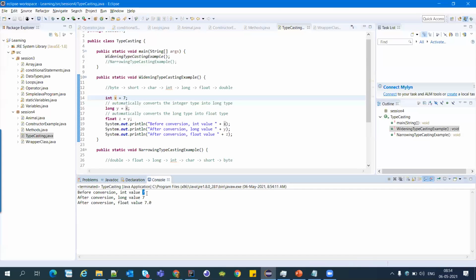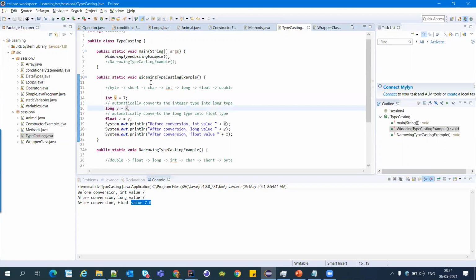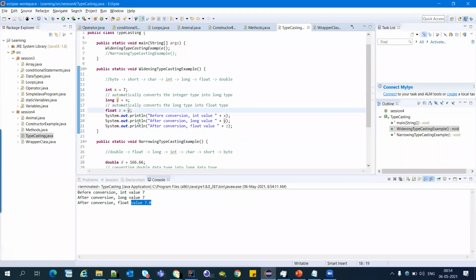So this is the integer value, this is the long value, this is the integer value converted into long, and this is the long value converted into float. When we are promoting, a smaller byte data type to a bigger byte data type, we need not use anything here. We simply assign this to long. We are simply assigning this to float. We need not do anything when we are promoting.